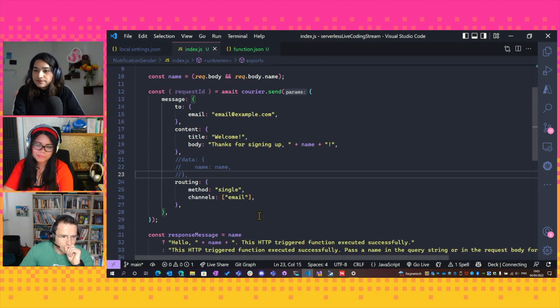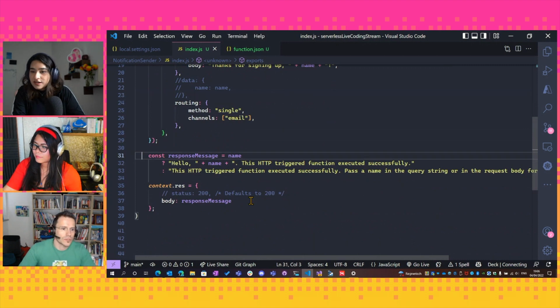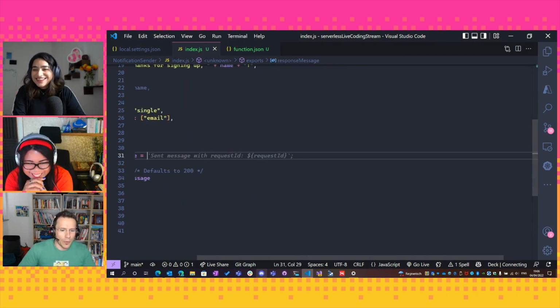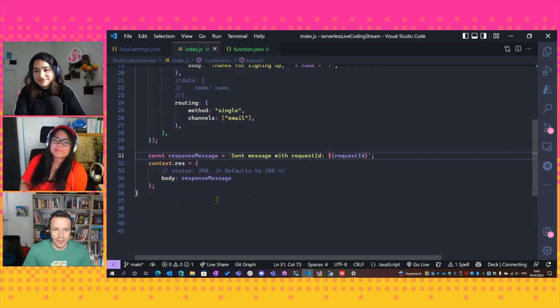That's great. Awesome. Let's go ahead and see what happens if we send this message. No, let's do a bit more. This is not enough. At least we want to get a reasonable response message. GitHub Copilot, you just have to love it. Send message with request ID